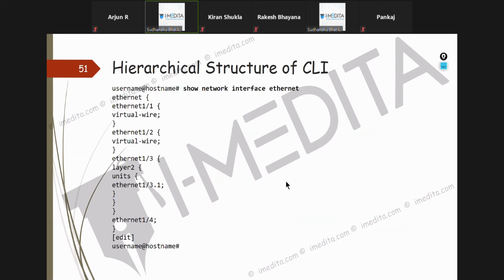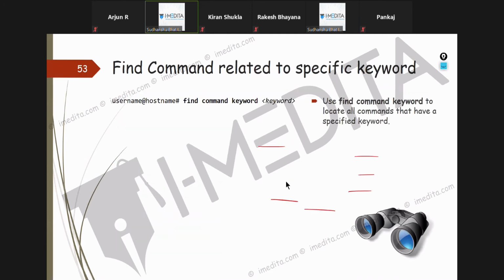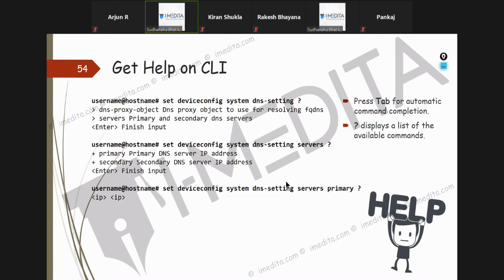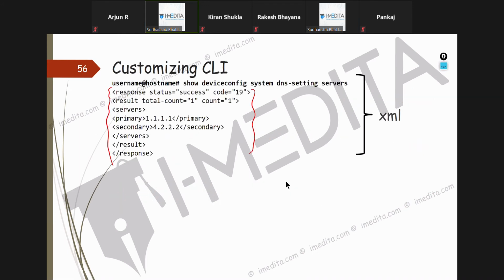But on these commands, the hierarchical structure, the find command, there won't be any questions based on this CLI on the certification exam. This is just so that you can work in a more organized way when you're doing things on the Palo Alto.